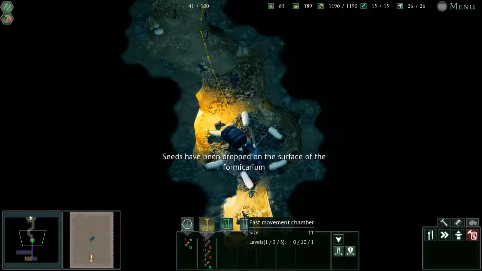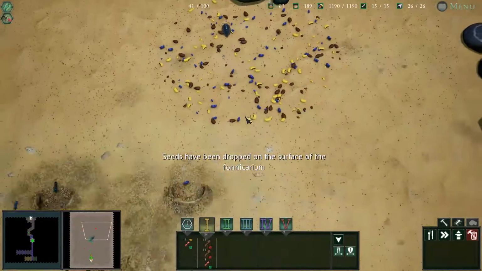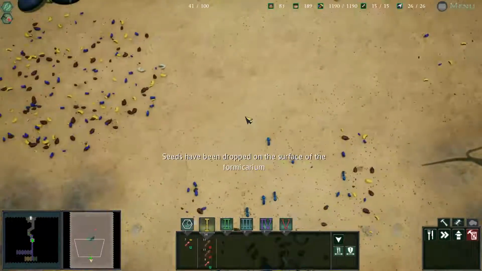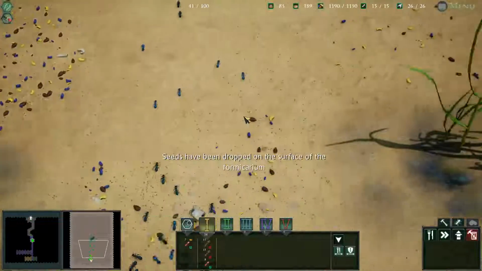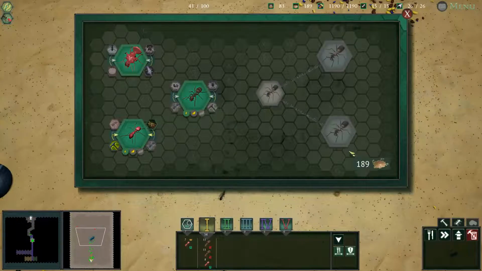Oh, it's beautiful, ladies and gentlemen. It's gorgeous. I can't tell you how many times I've recorded that. How is the colony progressing? The queen's exhibiting interesting behaviors, and we are in a really good spot to do the Formicarium challenge. But before we do that, we have enough